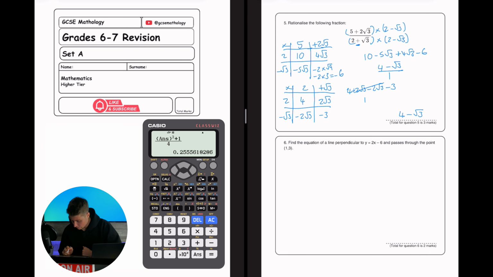Question 6 says find the equation of the line that is perpendicular to y equals 2x minus 6 and passes through the point 1, 3. So we've got this equation y equals 2x minus 6. So therefore m, which is the gradient, is 2 for this line. So for the line that is perpendicular to this line, so m perpendicular,